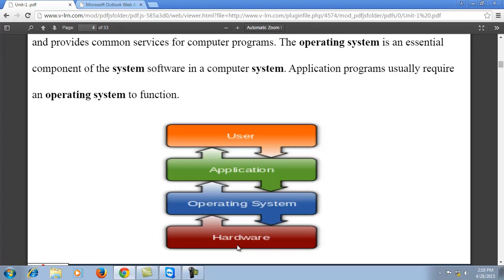The user gives a command for printing, like Control P, which is accepted by the printer software. For a particular command for the number of pages, that is accepted by the printer software, which is installed in the operating system as an application software. That request is processed by the operating system and transferred to the printer